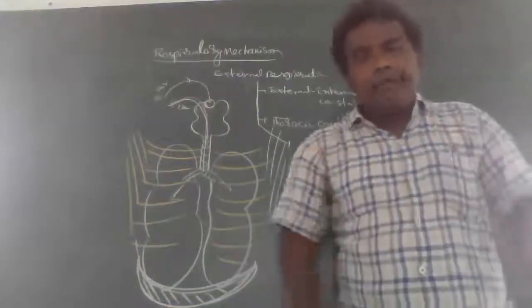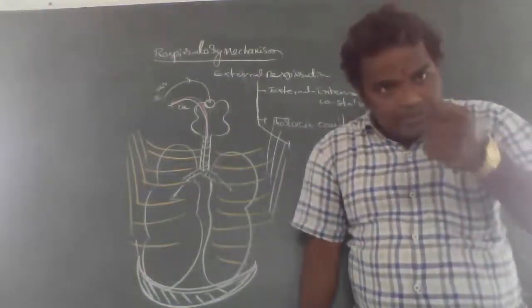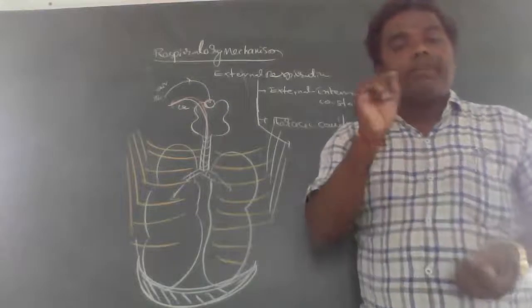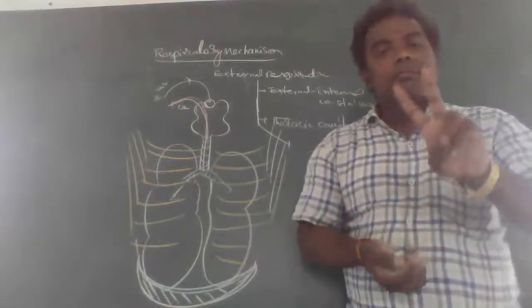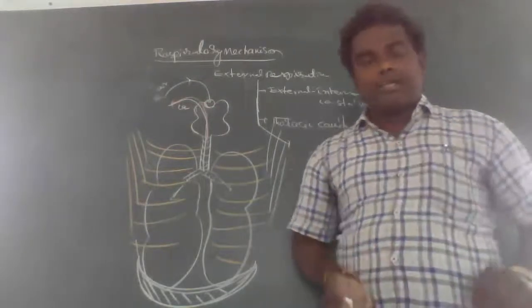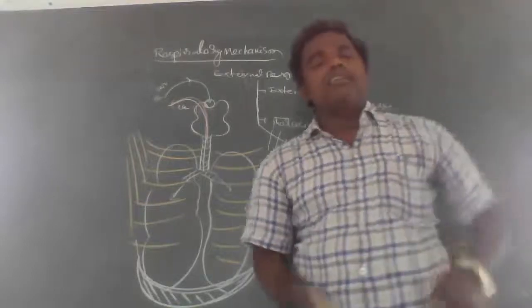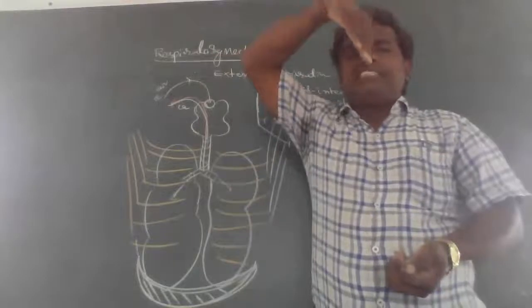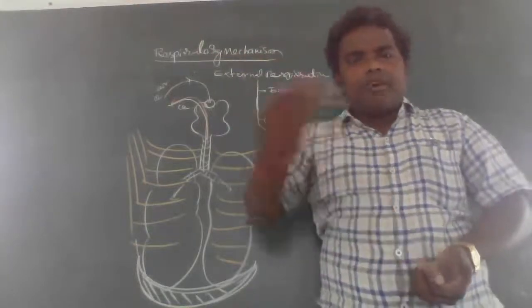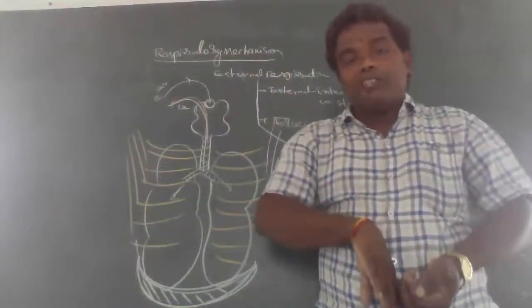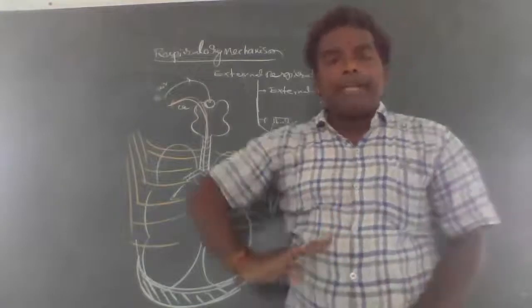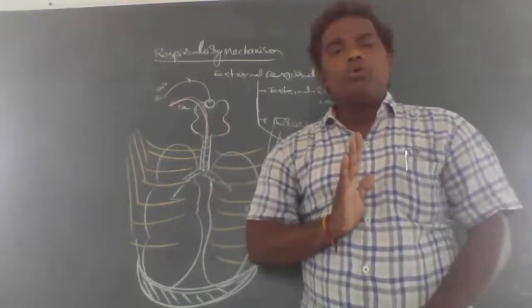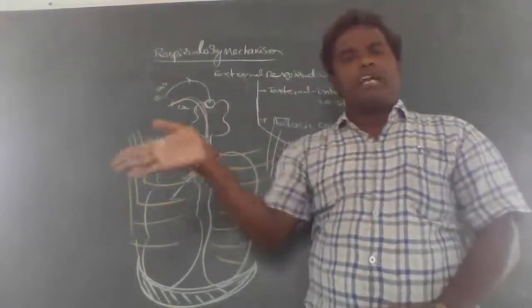What are the main important muscles involved? Now, number one, in external respiration, there are mainly two types of respiration: inspiration and expiration. In inspiration, oxygen enters into the lungs from the environment. That is called inspiration. The carbon dioxide which moves from the lungs to the outside is called